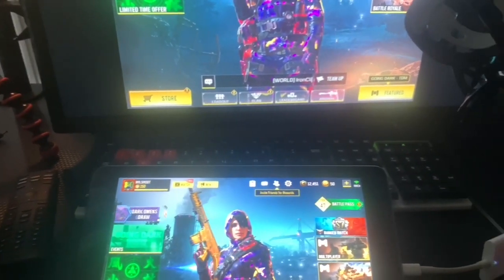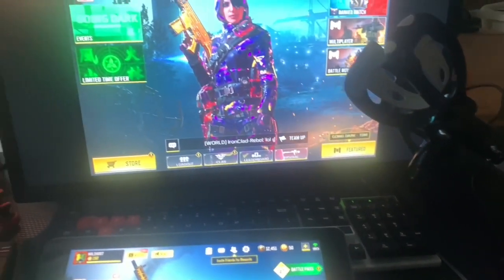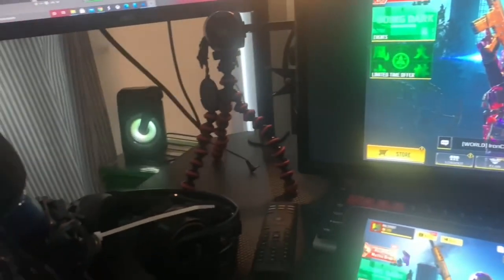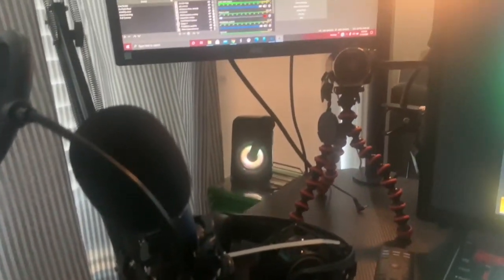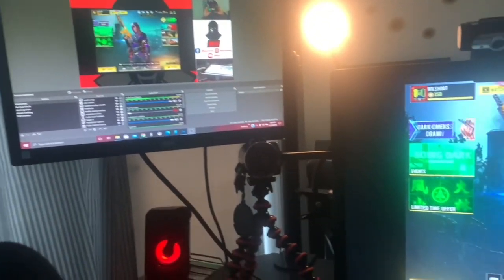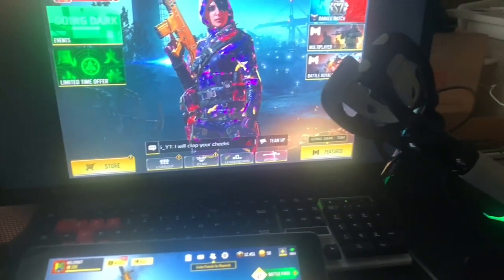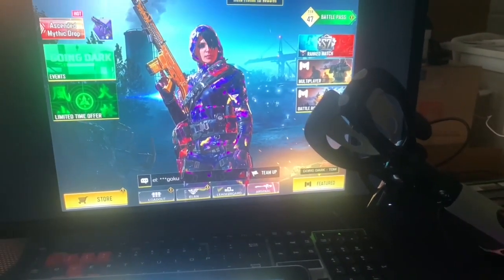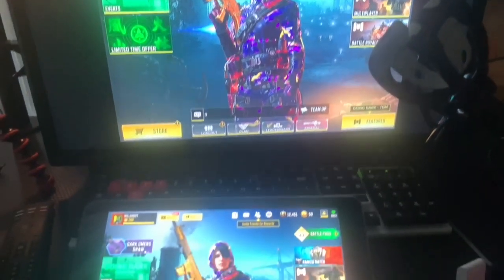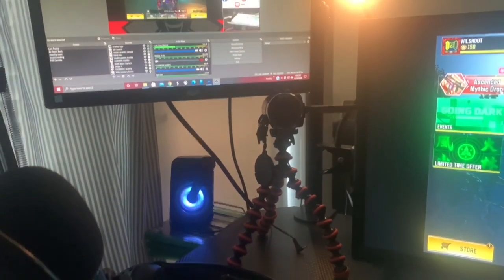So second, I'm just getting in depth of pretty much how much everything costs. It's not a lot. Actually, a lot of this stuff here is actually Five Below and Amazon, guys. You do not need to have a lot of crazy expensive things just to have a setup. There is some things that are pricey, like a capture card or anything like that. But besides the capture card and the PC that are the priciest part, everything else here is pretty cheap